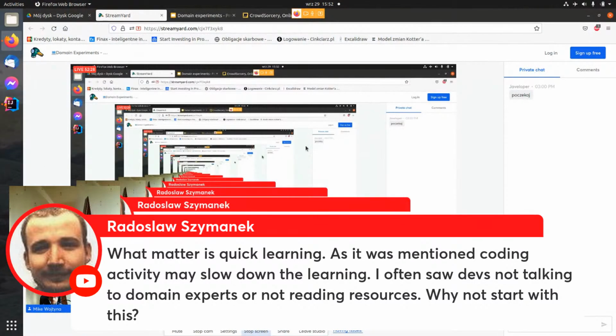Okay. So the first question is: what matters is quick learning. As it was mentioned, coding activity may slow down the learning. I often saw devs not talking to domain experts or not reading resources. Why not start with this? You actually start with this,